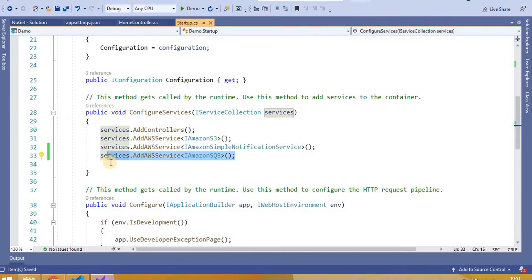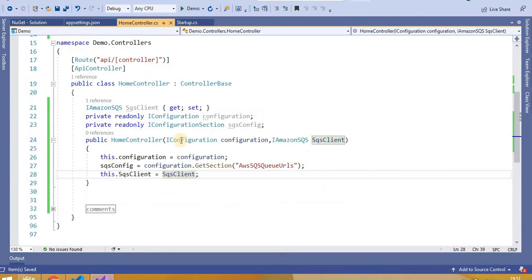Because of this, it will create the object of IAmazonSQS, keep it inside the container, and at runtime hand that object over to the constructor of HomeController, where we initialize it. We did the same thing with IConfiguration, and using the configuration we get this section, AWS SQS queue URLs, which is from here.